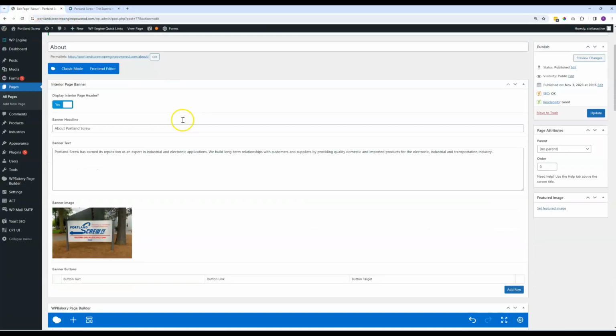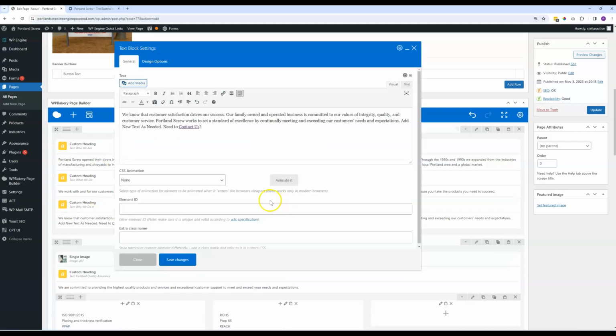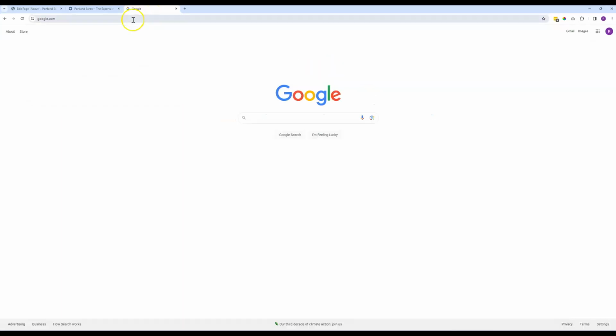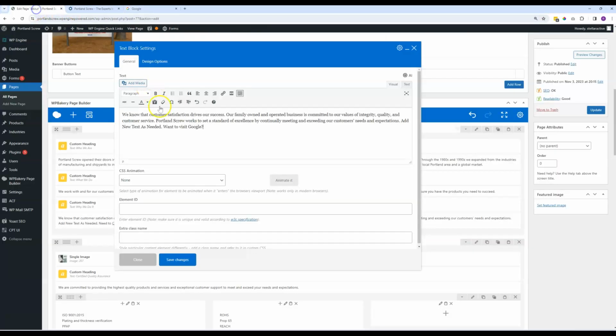If you want to link to an external site, I'm not sure how often you'll want to do that, but the only real difference here is, let's just go ahead and get rid of that link. We just highly recommend that you open a new tab and actually go and find that link, even if it's something as simple as google.com. Just to make sure that you don't make any typos in the URL that you put in. You would copy that, come back over here,